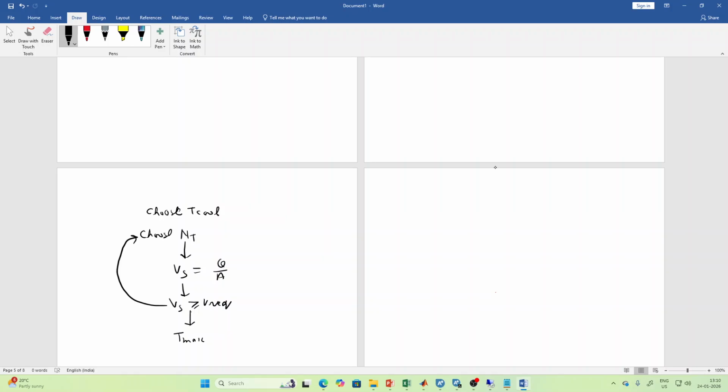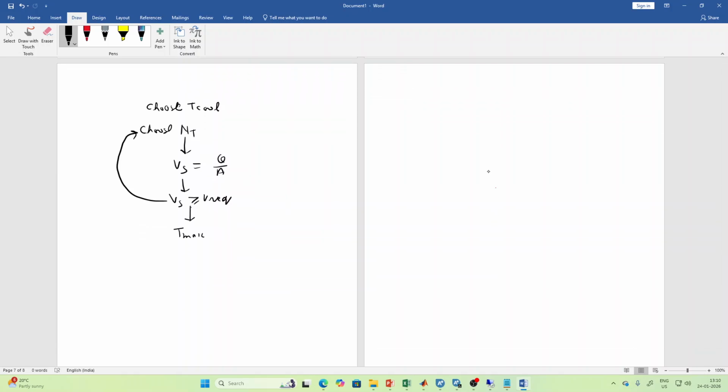After Tmax, we compare this Tmax with the Tmax required, and it should be less than 400 degrees centigrade. If it is true, then we go to the next step. Otherwise, we will change the coolant temperature. Then again, the upper loop is to choose F total, that is the total benzene flow rate,